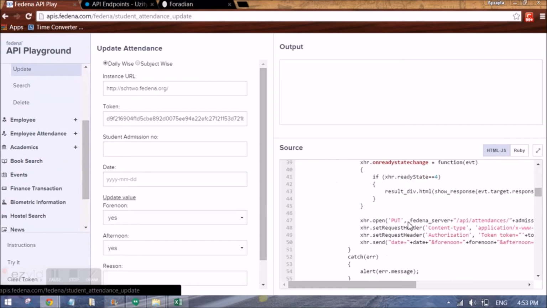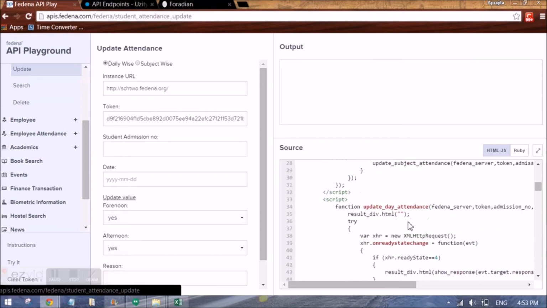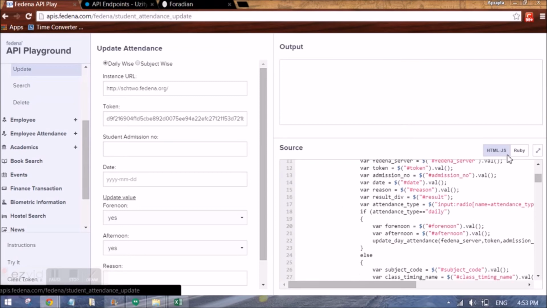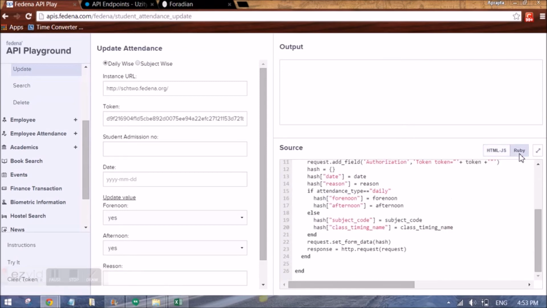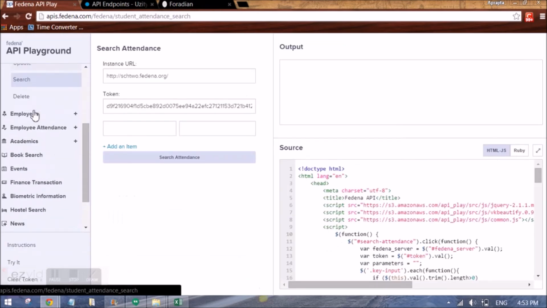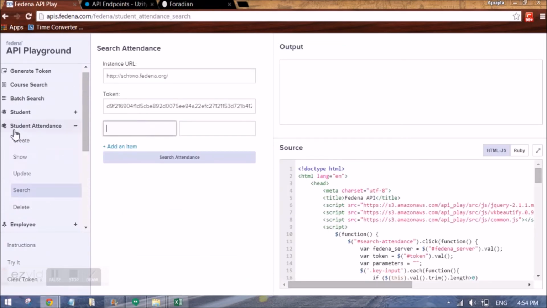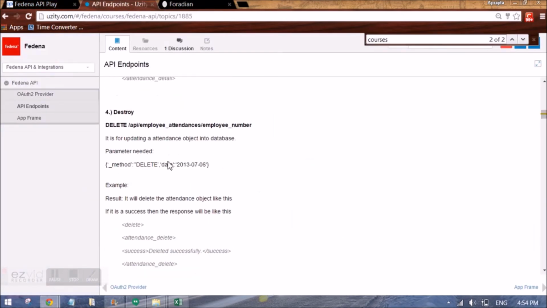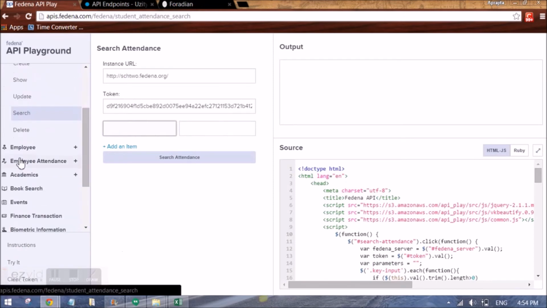So in case your biometric custom application is trying to access or change FEDINA database, you can use this HTML code or the Ruby code along with it. Again, you can refer to the API endpoint for student attendance, which is also available here with a list of other APIs.